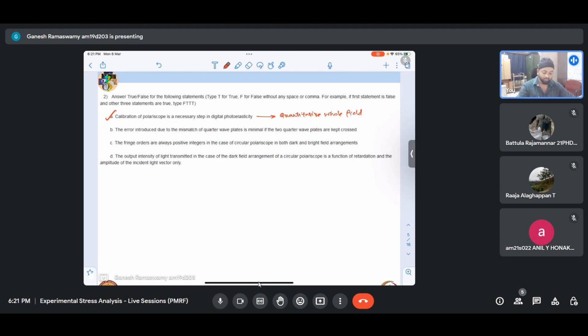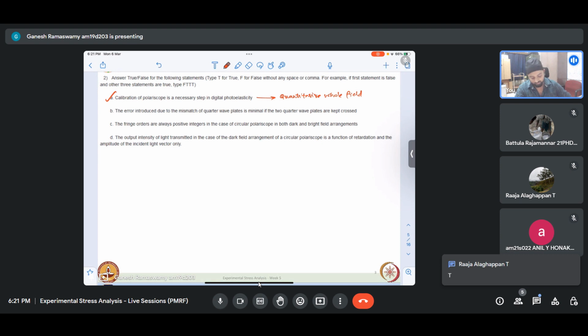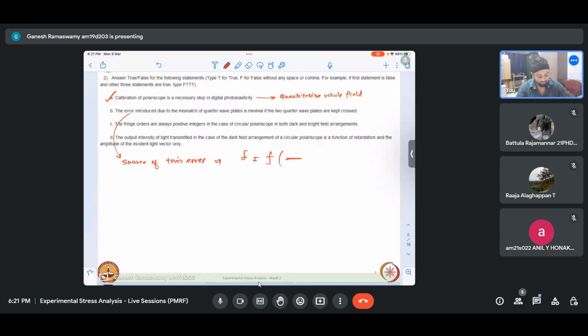Basically, what is the source of this error? We saw that our retardation is some function of the thickness of the plate and the wavelength. It could be the inverse, the reciprocal of this also. You can just revisit that formulation and see. Basically, this has something to do with the wavelength of light also. So what it means is, if we set the thickness of the sheet such that it introduces delta by 2, that is quarter wave